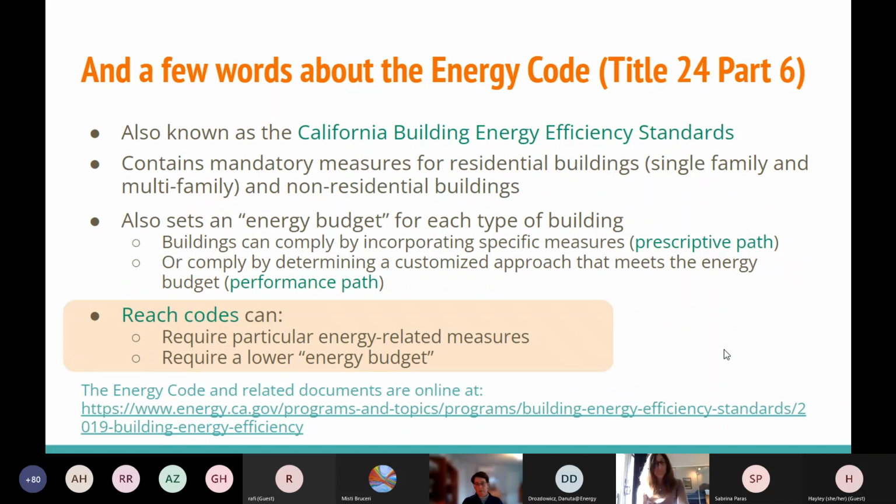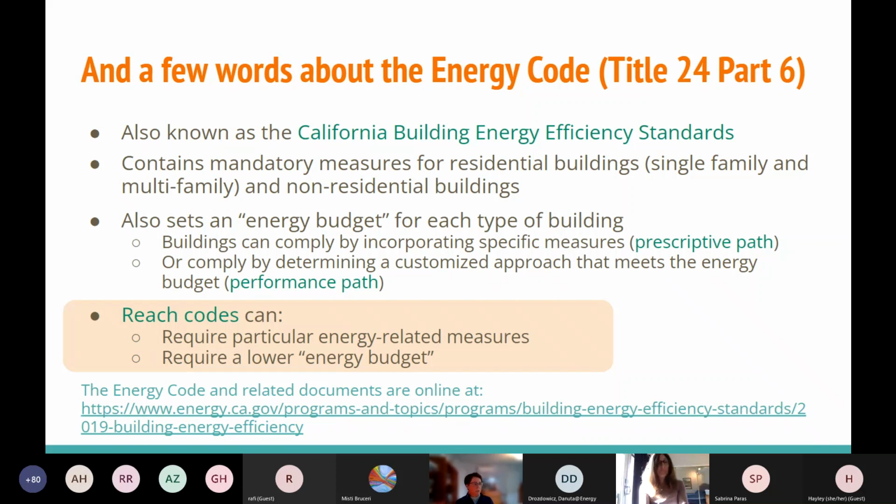And a few words about the Energy Code. Misty's going to go into this in a little more detail later on, but for a quick overview, this is also known as the California Building Energy Efficiency Standards. It contains mandatory measures for all kinds of buildings and sets an energy budget for each type of building. I think that's the easiest way to think of it. Buildings can comply, they can follow what's known as a prescriptive path where they do a specific set of things. So you put in this insulation, this kind of window, have this kind of heating system, and so on,